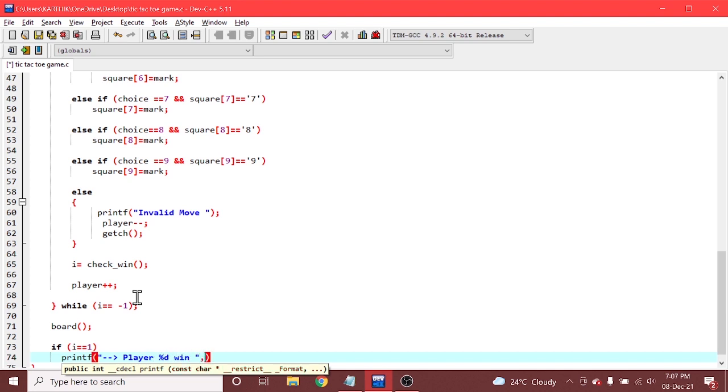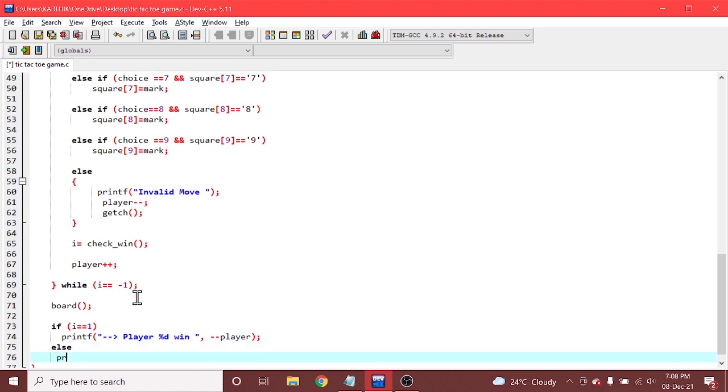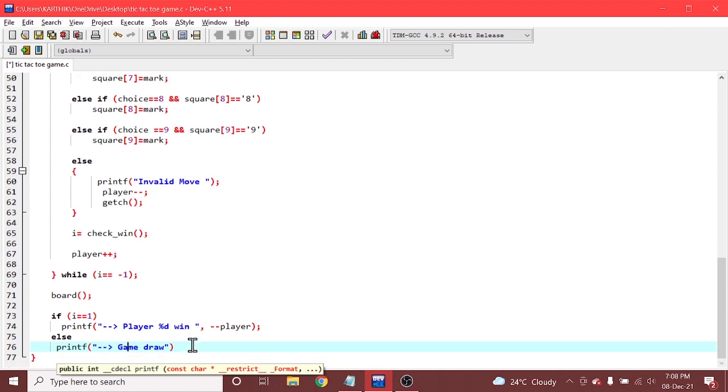That is nothing but decrement of your player. If i is equal to 1, this is the case. And we are writing an else case here, telling print game drawn. We are telling game draw.